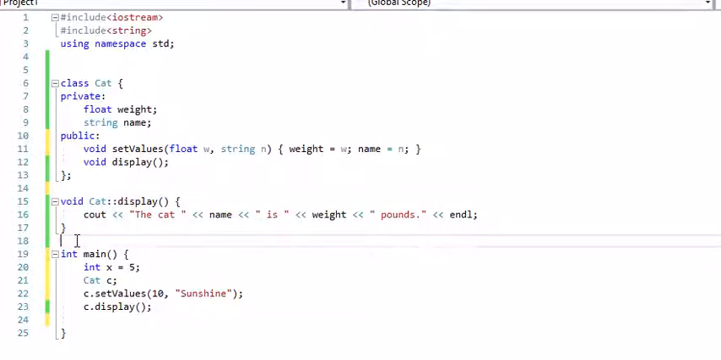In main, first I'm creating just a simple variable x and setting it to 5, then I'm creating a cat, setting the values to 10 and sunshine for the weight and the name, and then displaying that cat. So I go ahead and run it, and everything works well, but you might wonder why with a primitive data